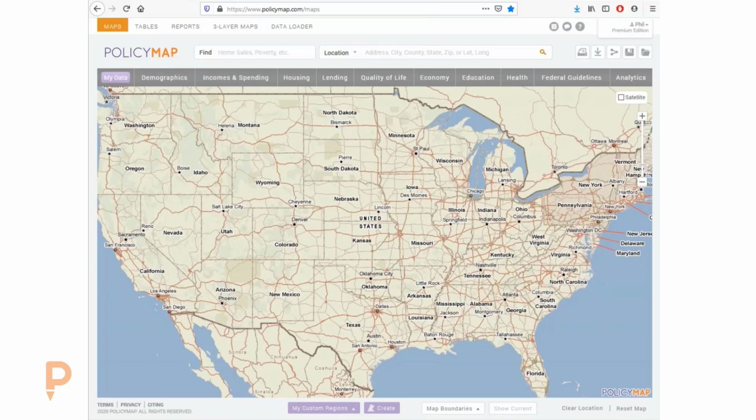But CDFIs were created to fill a need that banks generally didn't fill, which is lending in areas that are much more risky, because banks have a bottom line and they need to make sure that they're making money at the same time and not lending in areas where they could lose money. So one of the many congressional acts that passed created this very unique industry called CDFIs. Basically, CDFIs are able to obtain very specific amounts of money that the U.S. Treasury sets aside each year, and then we are able to pool that money and use it to invest into neighborhoods that might not always attract a bank loan, or even usually get denied by a bank loan.